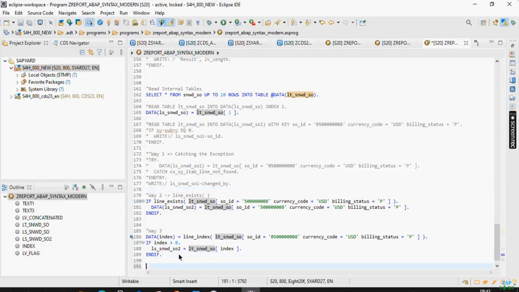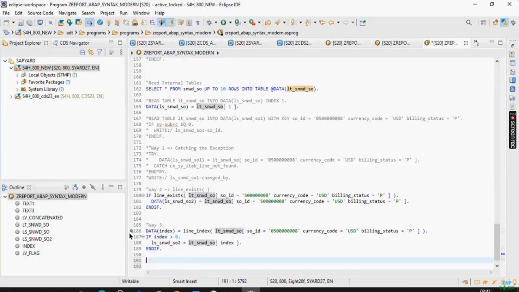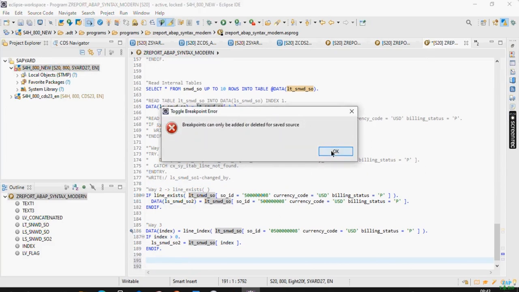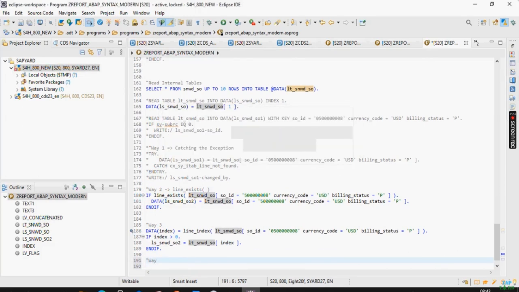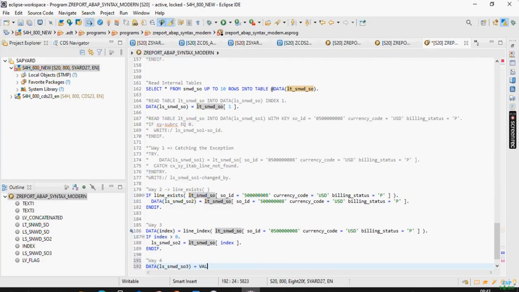Okay, now let me go to way 4. This is much better and I like this a lot. You can just tell me if you like this way 4 a lot. Way 4, by making use of something called optional and the value operator. So what I mean is: data ls_snwd_so3 equals value #, and just see here what I'm going to do. lt_snwd_so, put whatever you want to read here, and add an optional